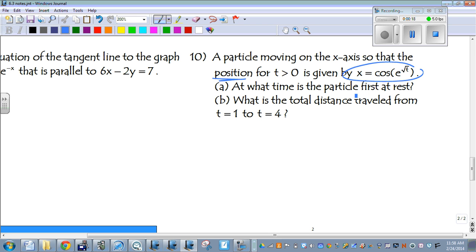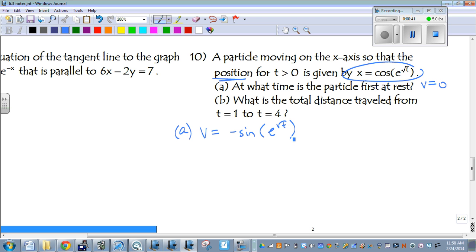So we need to remember from the past that a particle is at rest when the velocity is 0. So basically what we're trying to do is figure out when the velocity of this object is 0. Well, we're not given an equation for velocity, but we know the position, and we know that velocity is the derivative of position. So if we take the derivative of this, we get negative sine of e to the square root of t